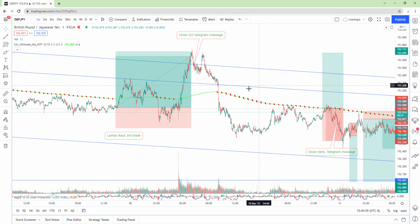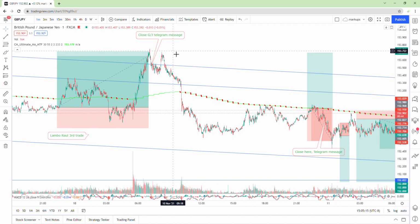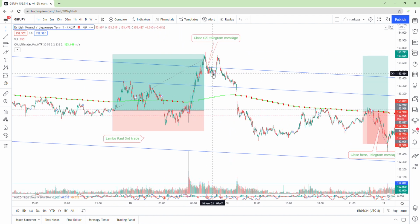So as you can see, I talked about this a little bit in the comment section with Will SSFX. These little price actions here don't necessarily mean that your broker executed the trade. So you had your take profit right here. Chances are with the spread, you were still in an open position and it didn't automatically close for you. So you would have had to